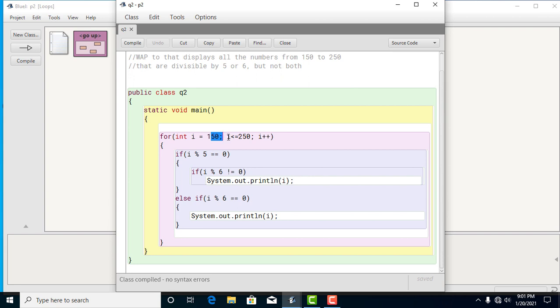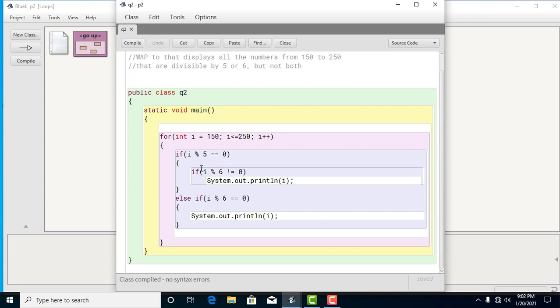150, condition is checked, 150 less than or equal to 250, control comes inside, and 150 modulus 5 is equal to 0. That's true. 150 is divisible by 5, so this condition is true. Now 150 modulus 6. So 150 is divisible by both 5 and 6.